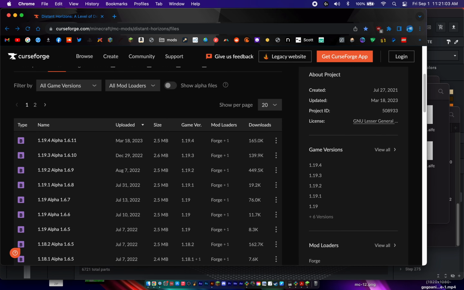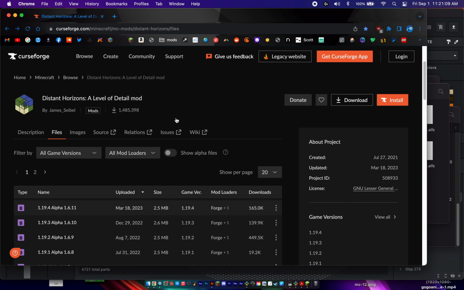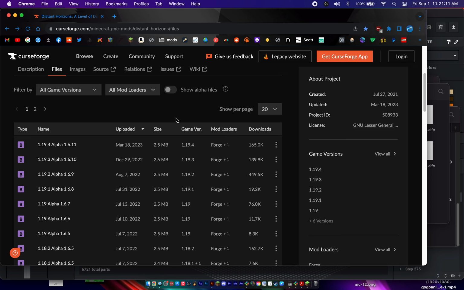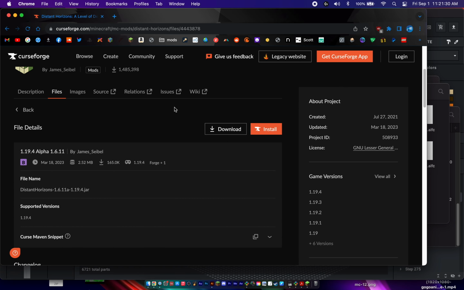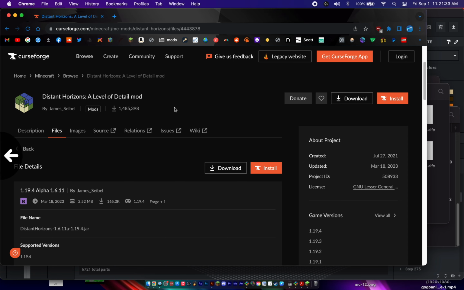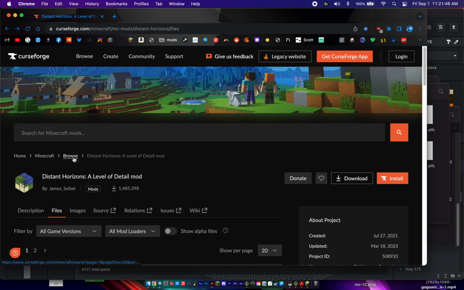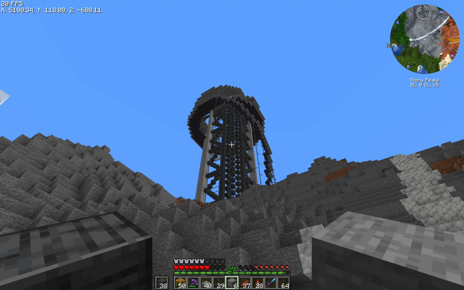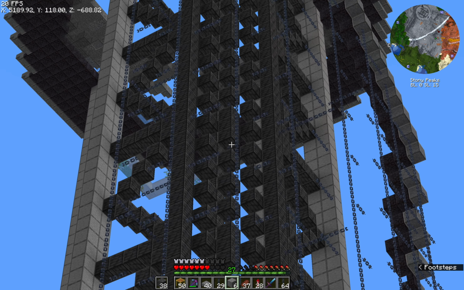So, can't use it. Oh wait, I just noticed that all says Forge now. That didn't used to be like that. Where's the Fabric version? Maybe that's why it wasn't working, because it's not the Fabric version of it. Huh. That's very weird. Okay, so I have the first quarter of this done, and it's kind of hard to